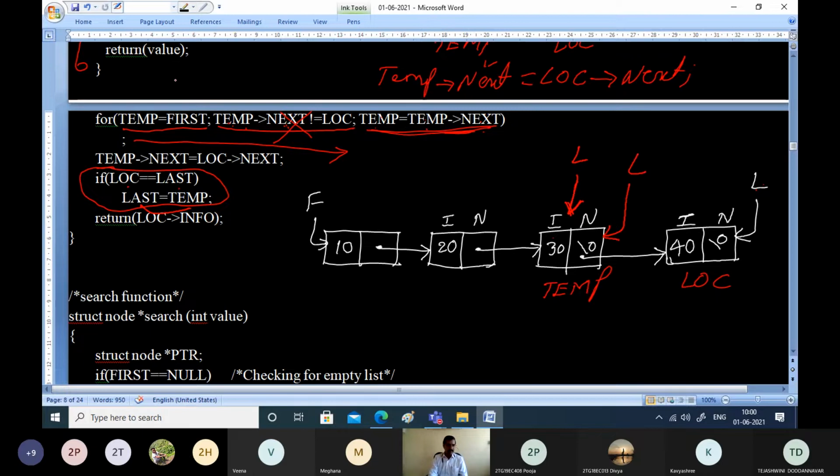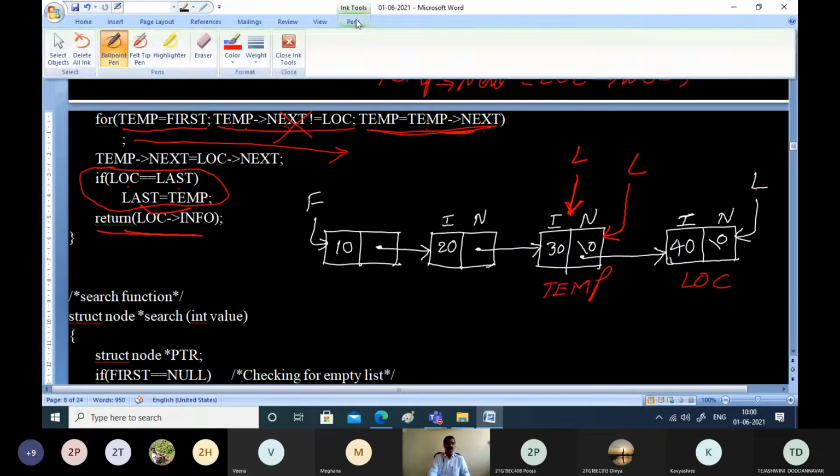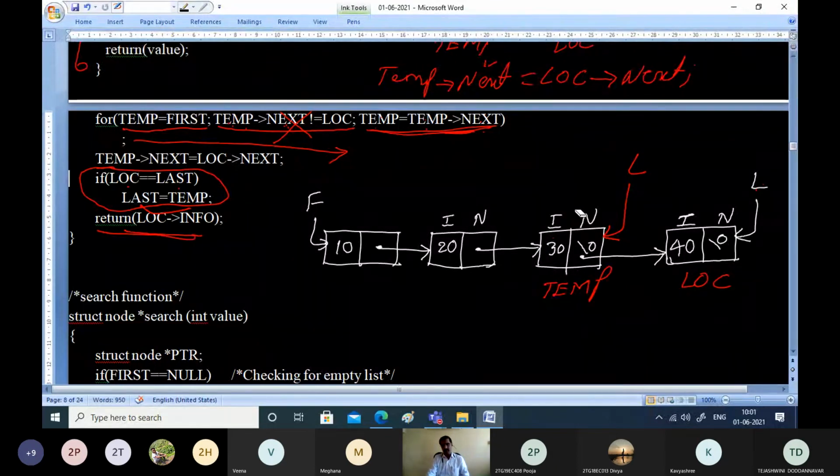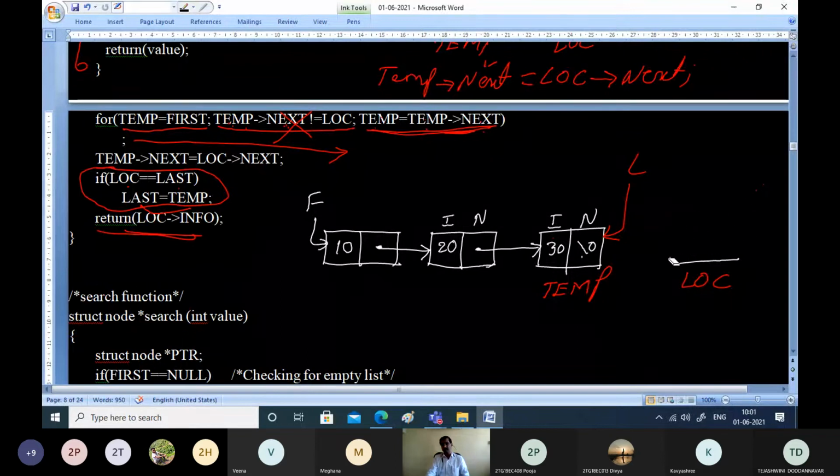And in all the cases, whatever we have done, at the end we will return the location pointer information. That means whichever node we have deleted, that particular value must be returned. Why this value must be returned, one second, before I go for that, make sure you memorize this scenario. Yes, this has been deleted now. This is the other case which we have seen.